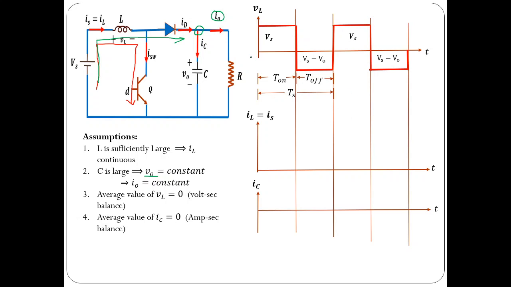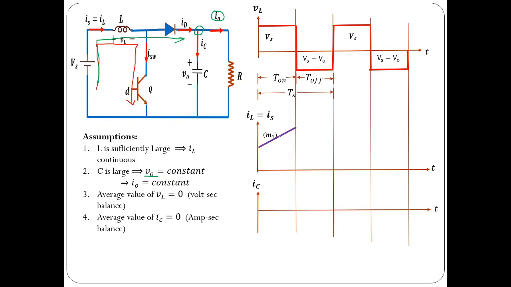Now anyway, once you know how the waveform would look for one period, the same waveform would repeat. Moreover, I am assuming that my analysis is at steady state. By steady state, all voltages and currents reach their steady state values. The operation is at steady state. So at steady state, the average value of current through the inductor is going to be constant during this continuous current mode operation.